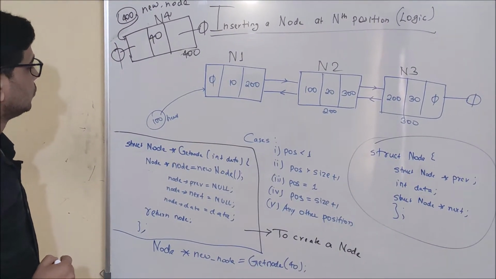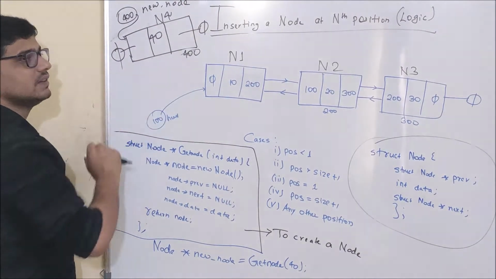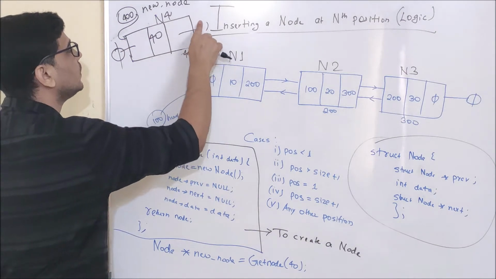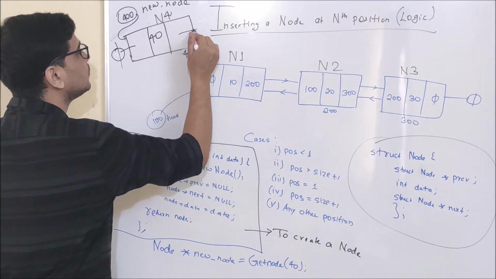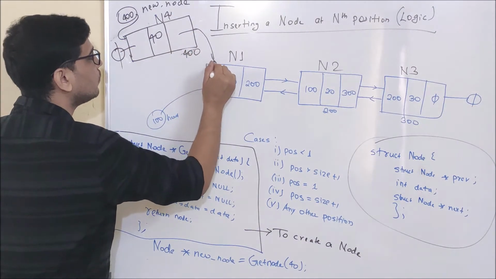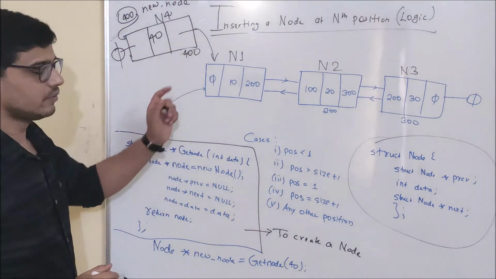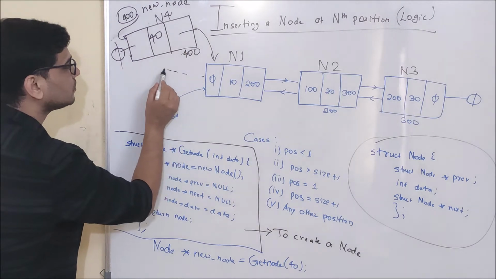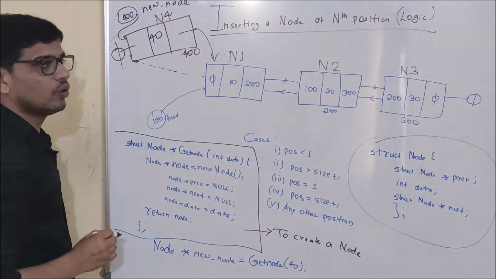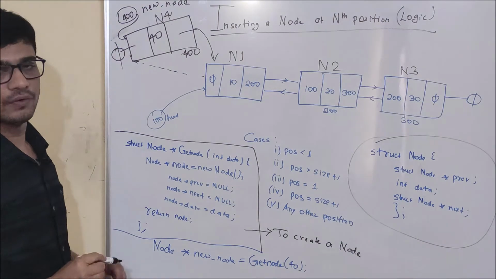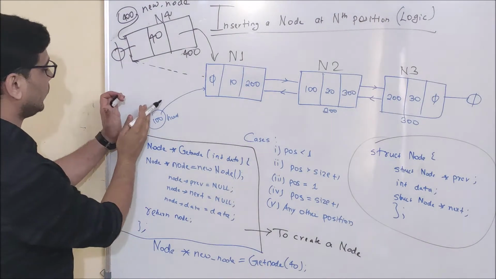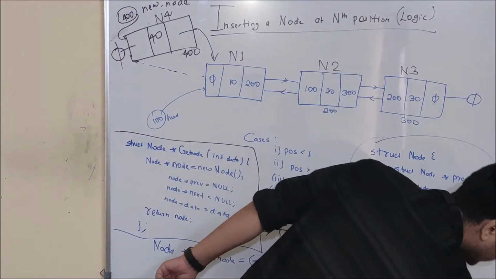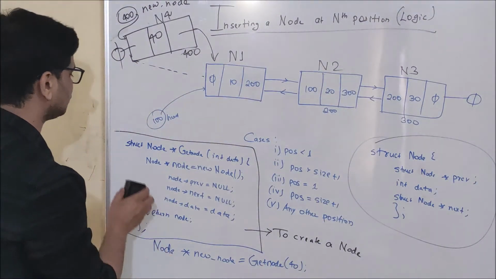This is only a logical name which we will be using for reference. Now what are we going to do to insert this particular node at the first position? First of all, we need to somehow make this particular node's next part point to node 1, and the previous part of node 1 point to node 4, and then we need to update the head part, that is the address in head. So how are we going to do it?